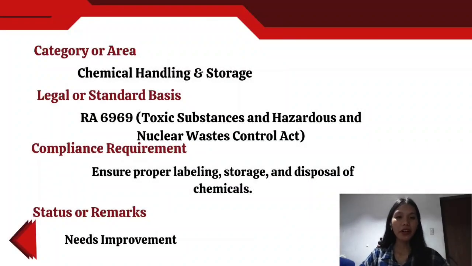The second category or area is chemical handling and storage. The legal or standard basis is RA 6969, also known as the Toxic Substances and Hazardous and Nuclear Waste Control Act. The compliance requirement is to ensure proper labeling, storage, and disposal of chemicals, while the status or remarks is needs improvement. Chemical handling and storage is included because following safety protocols for using and storing chemicals